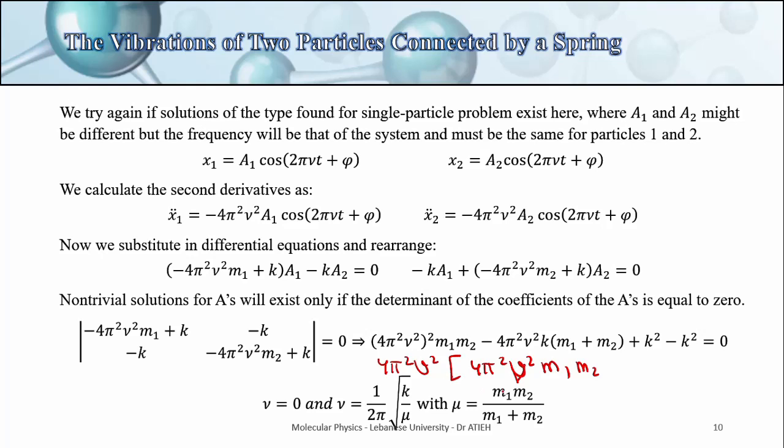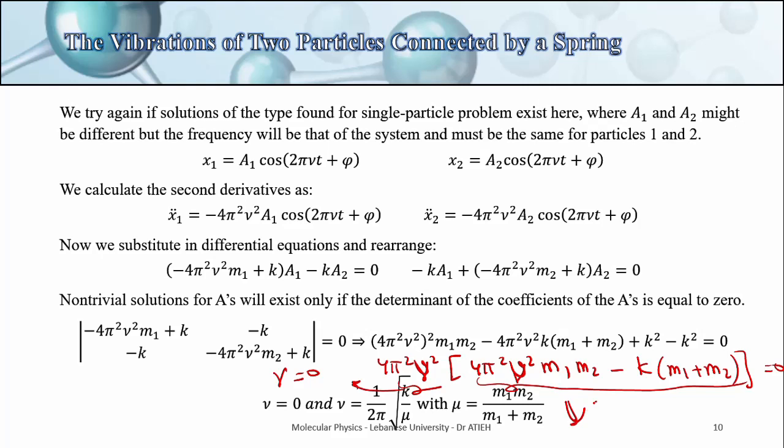times m1 m2 minus k (m1 plus m2). This must be equal to 0. For sure, we have two solutions. Either this term is equal to 0, which means that nu is equal to 0. So this gives us nu equals 0. Or this term is equal to 0, which gives us nu squared equals k (m1 plus m2) over 4 pi squared